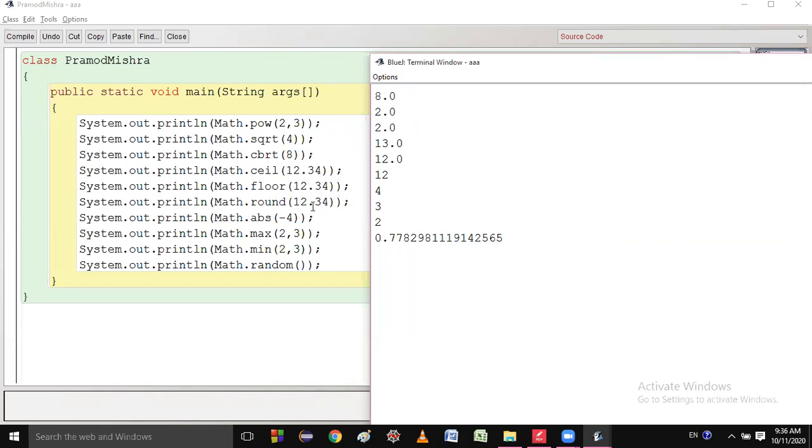Next one is round. So you know round off in mathematics. Round of 12.34 you will get 12. Just see the return data type of the round function.